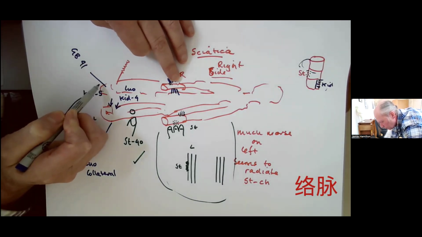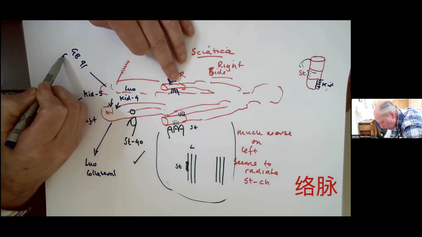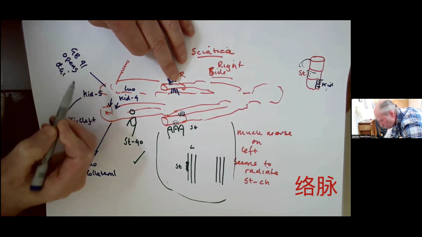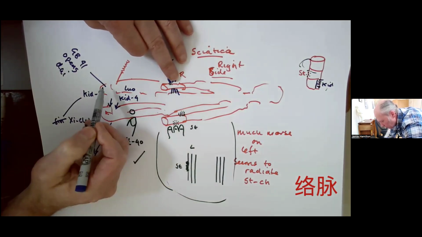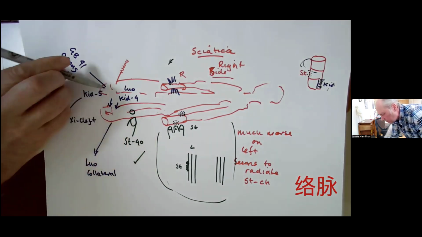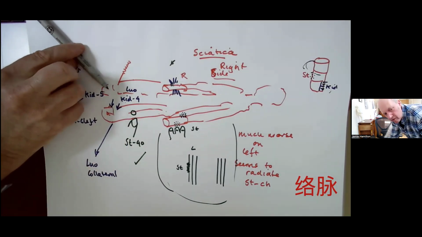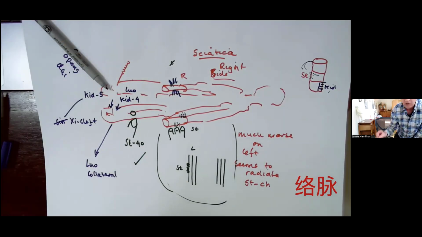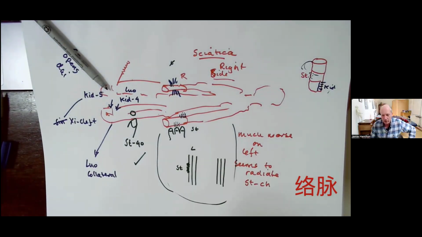And when you press gallbladder 41, which is the opening point, and it relieves it, then try and needle it immediately. You can reach over with your needle in gallbladder 41. You can then be feeling whether it's making it go away. So you can even use it for needling. As you're pushing the needle in and out and you're getting de qi, you can then see what the needling does to make the dai mai go away.